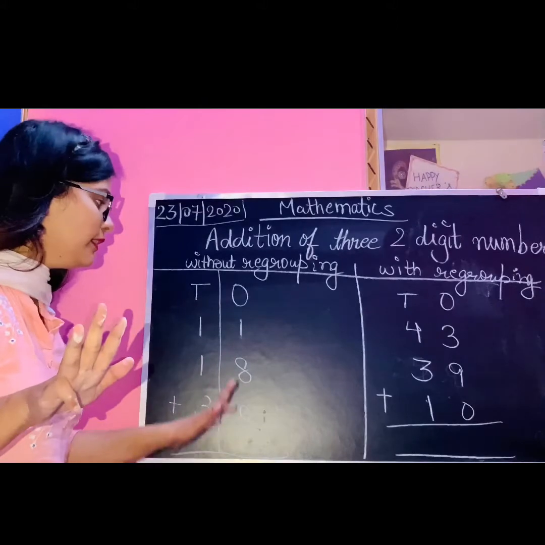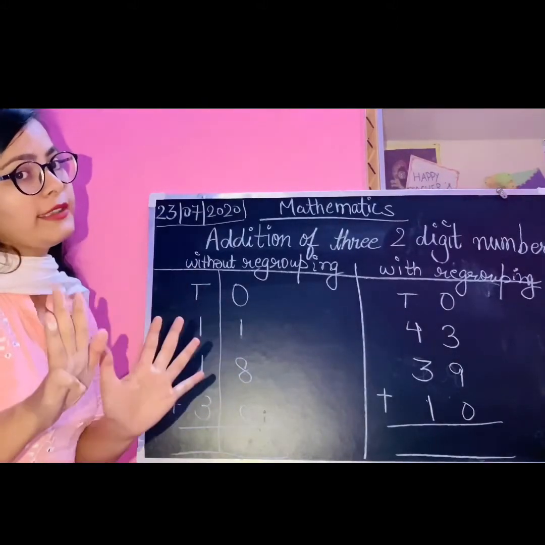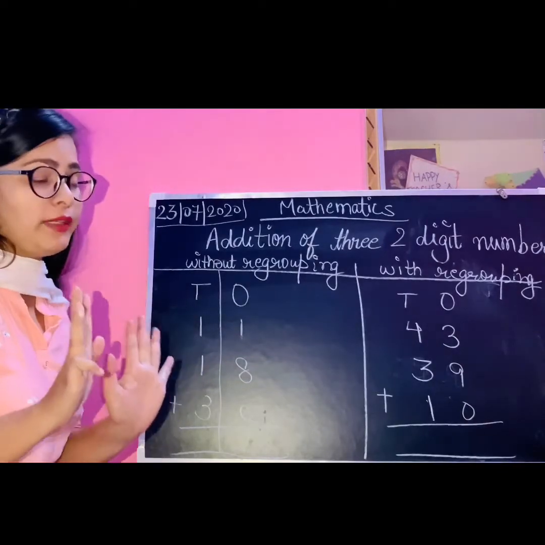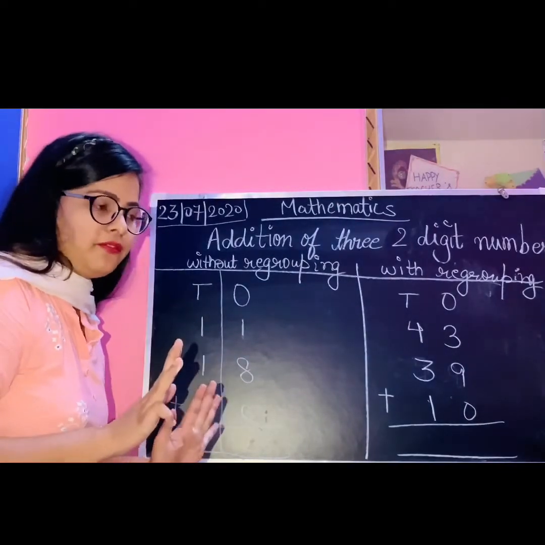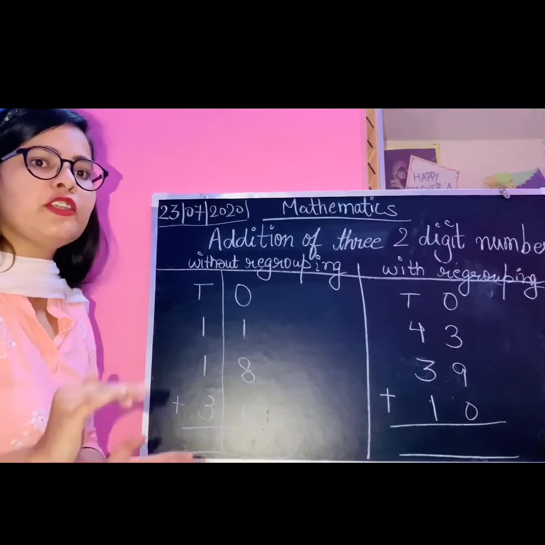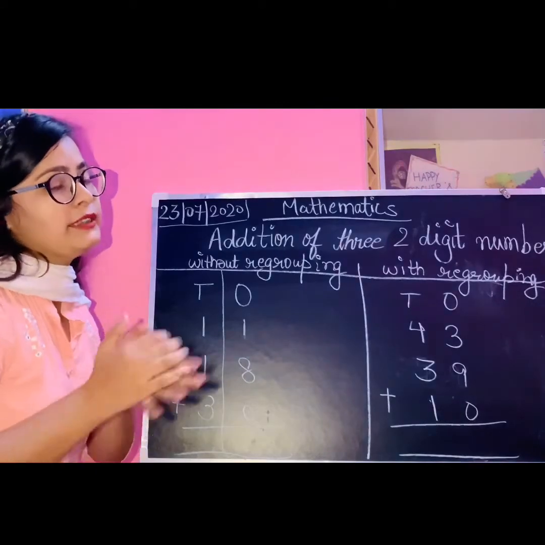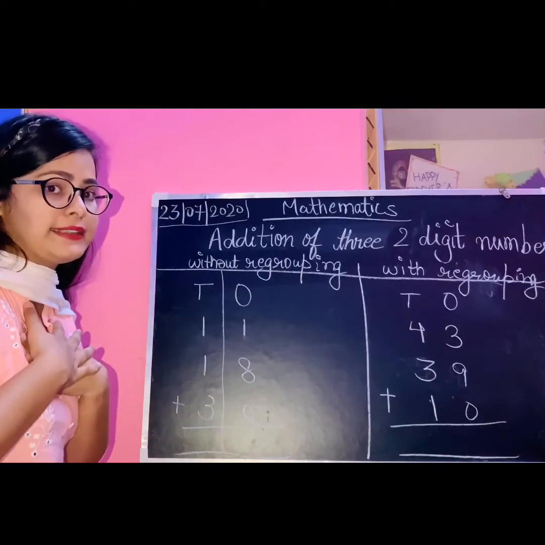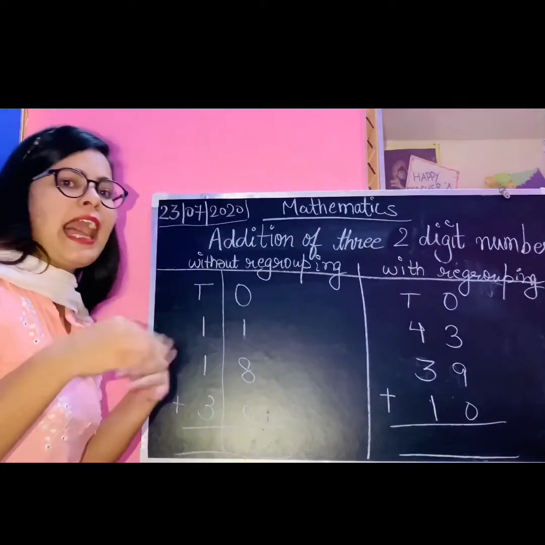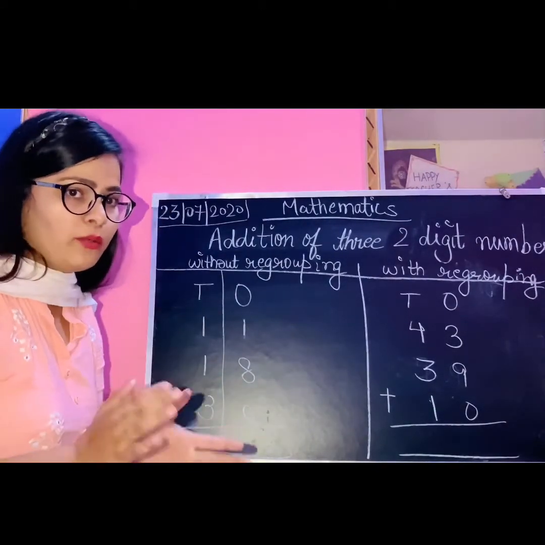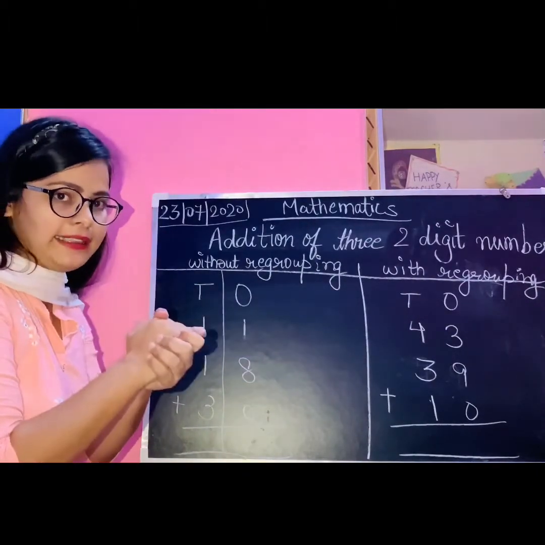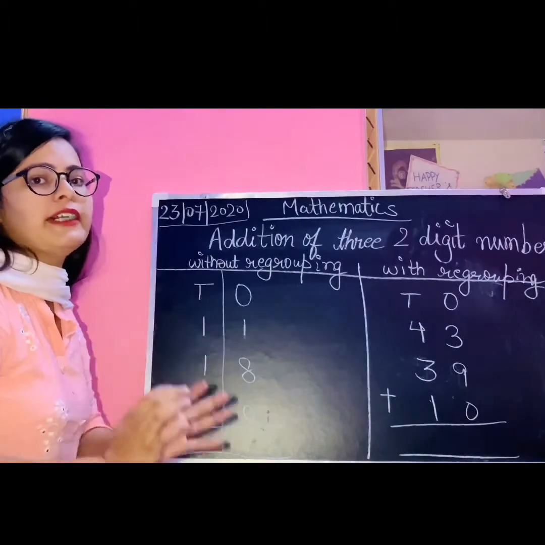If I add 0 to this number, what does it mean? That means the number will be same. For example, if I have given 9 chocolates to Priya and 0 chocolates to Rahul, that means total chocolates I have given from my side are 9 only, because 0 means nothing. I have not given anything to Rahul. I have given 9 chocolates to Priya only, and if I add this, total chocolates were 9 only.